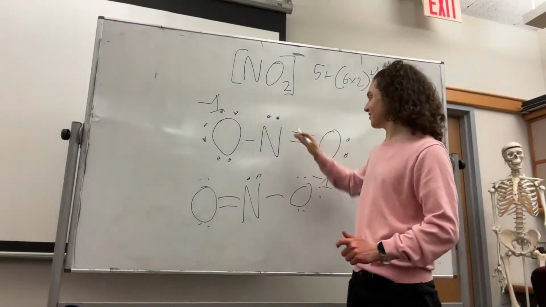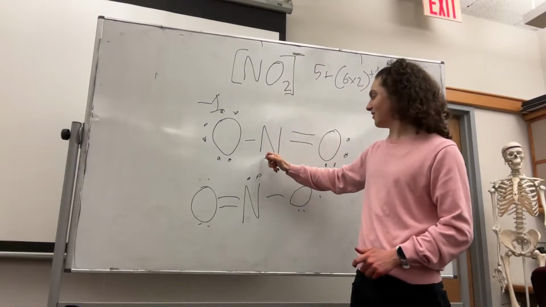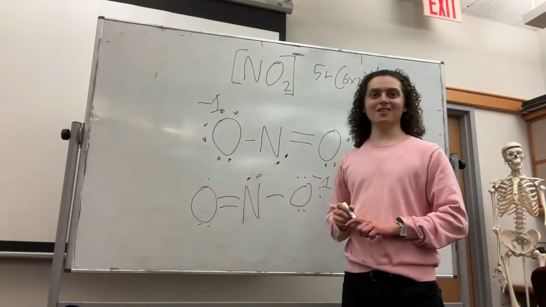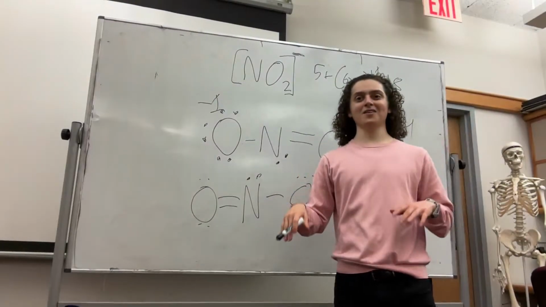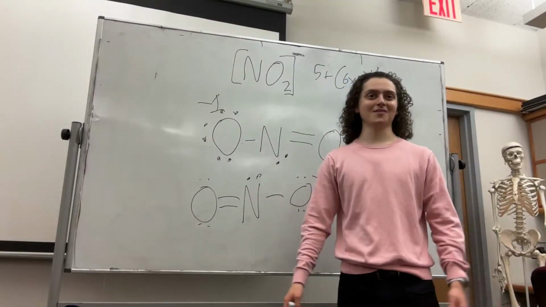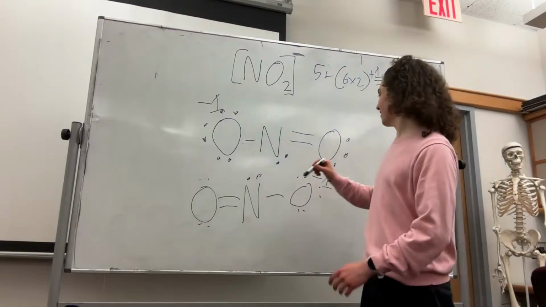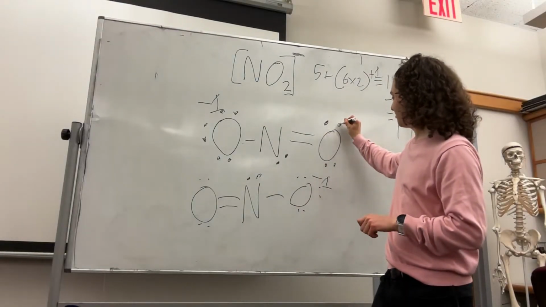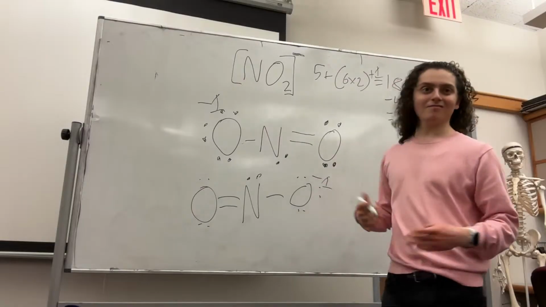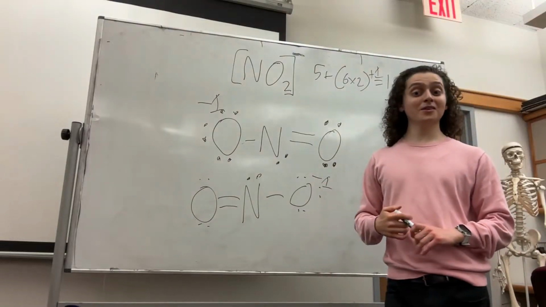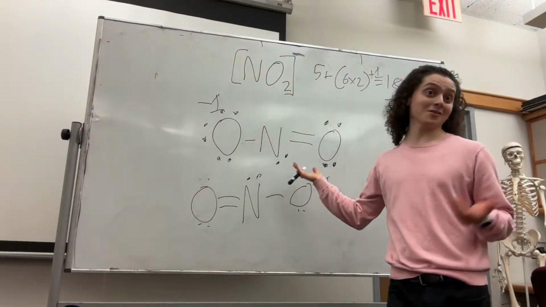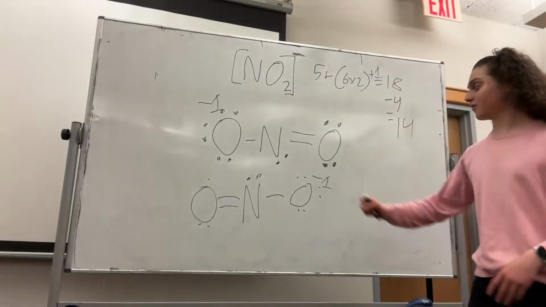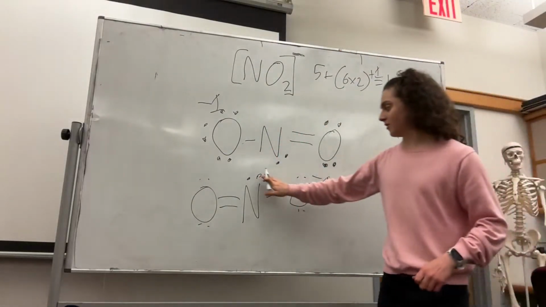You could draw it like this if you want, but we like to go top down for some reason. I don't know. It's all the same. And also we like to make it, rather than this, we like to have this. My opinion on why that is, it's prettier. It looks better. There's no scientific reason for that. But these are the 2 structures you would draw. You can't do this